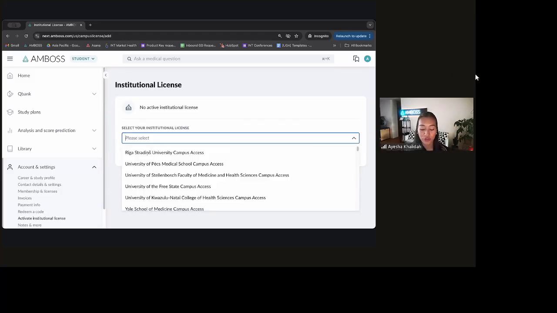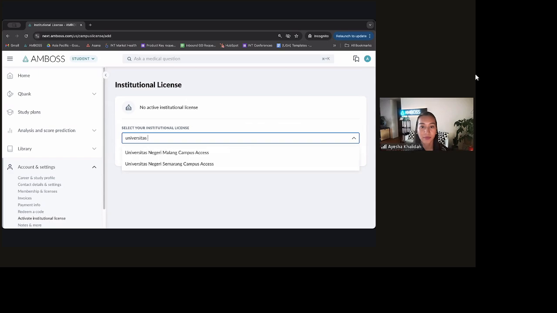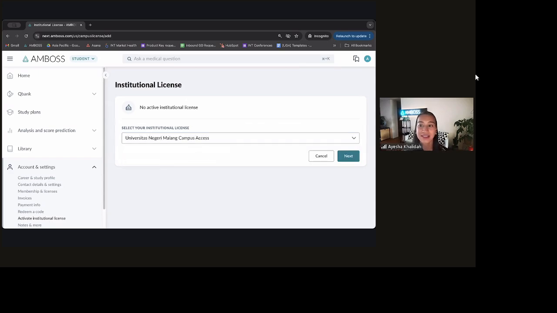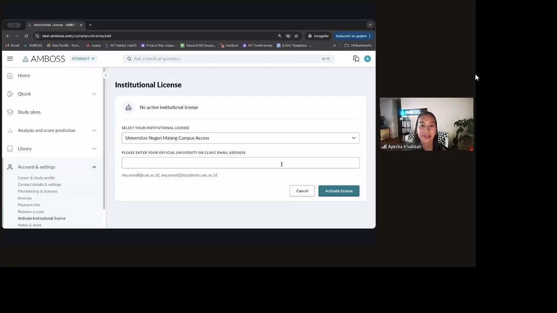You select which university you are from, which is Universitas Negeri Malang Campus Access, and you click Next after that. They will ask you for your official university or clinic email address. That's how they verify that you are a student or faculty of Universitas Negeri Malang. After that, they will send you an email to activate your account and confirm that this email is correct. I can't do this now because I don't have this official university email, but after that,